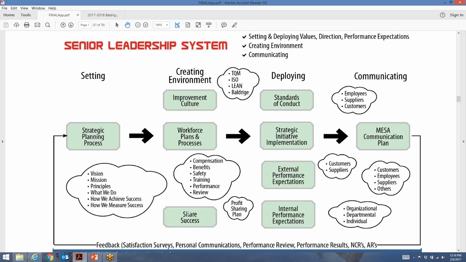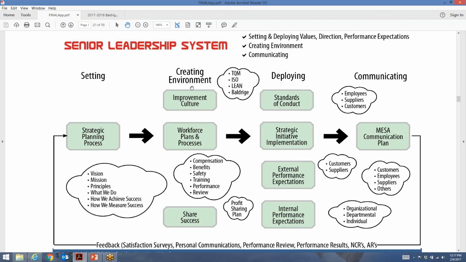You're going to do those things probably with different processes or approaches that you're going to talk about in different parts of the criteria. And that's where this gets a little confusing sometimes. But if you can paint that picture for those examiners, and in this case, again, this is one of the ugliest pictures I've ever seen. I think we took the letters out of Star Wars or something like that. But we essentially said, hey, here's what the criteria is asking for. Now, this is older criteria, so it doesn't match up with the new criteria. But how do we set direction? Well, we do it this way.